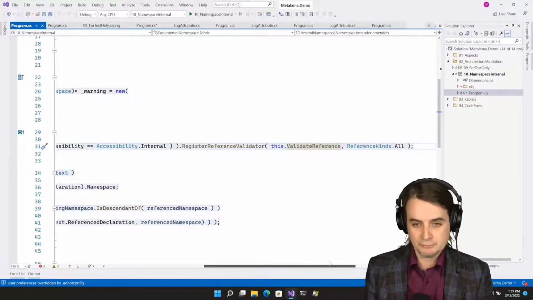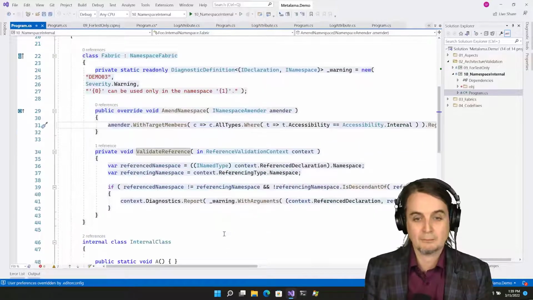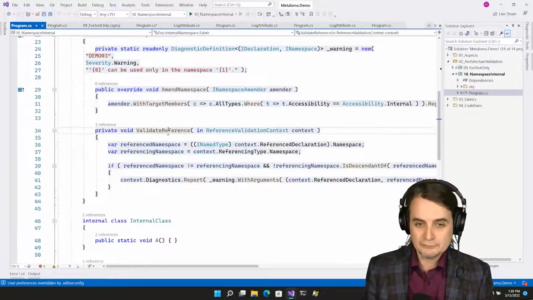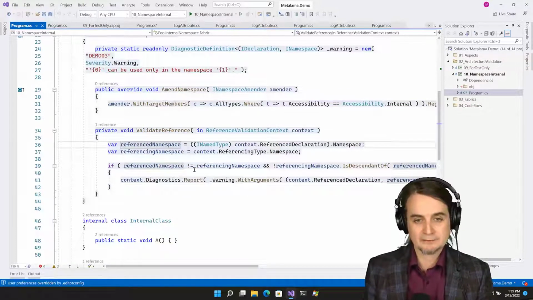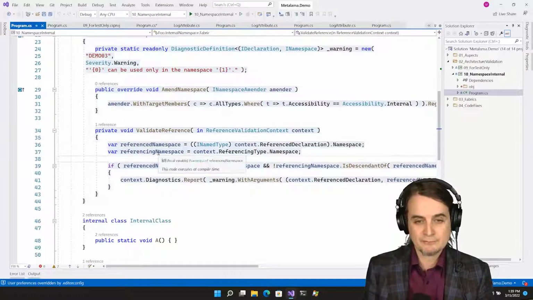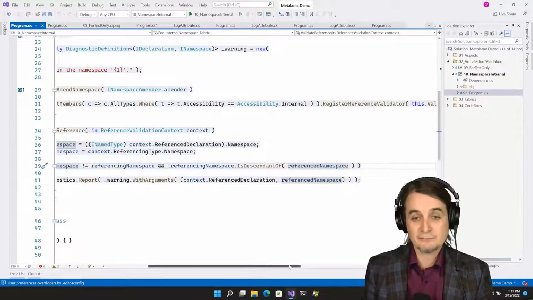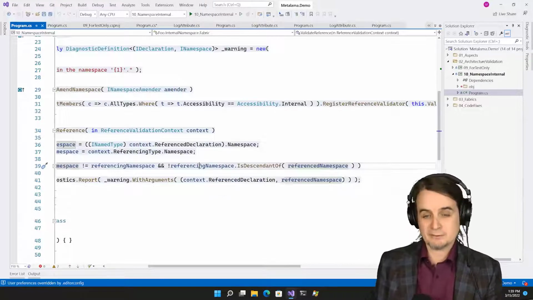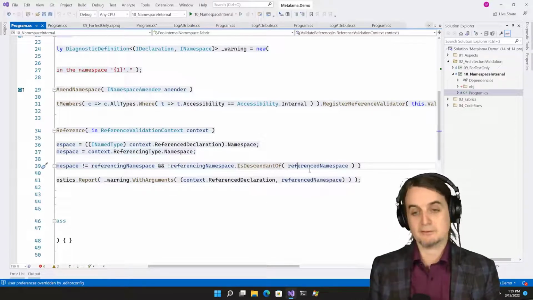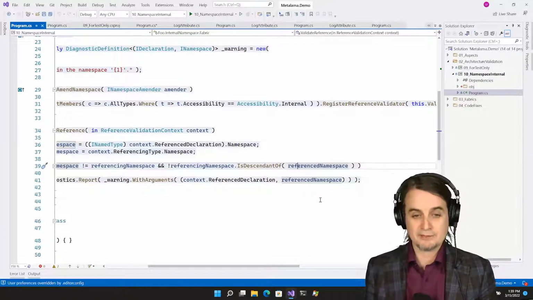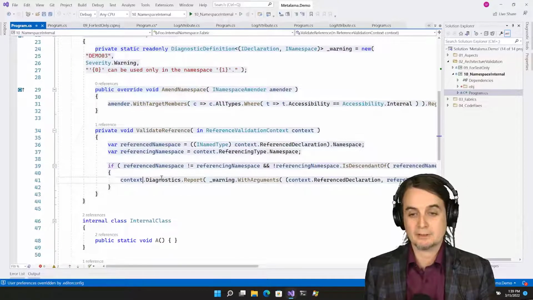You already know the reference validator from the previous example. This is the validating method. I take the reference namespace, the referencing namespace, if the namespaces are different, and the referencing namespace is not a descendant, a child of the reference namespace, then I'm going to report the error message.